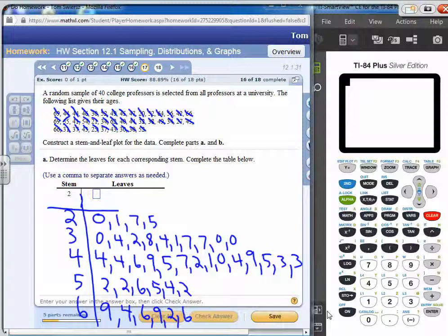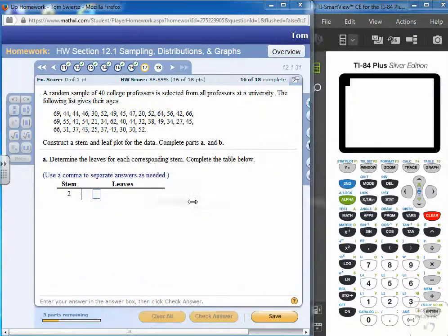Okay, so we went through all of them, so we're probably less likely to make a careless mistake. Now let's go ahead and put these in. Again, in the 20s, there was a 20-year-old, a 21-year-old, a 27-year-old, and a 25-year-old. Got that one right. The professors in their 30s, there was a 30-year-old, so we have a 0,